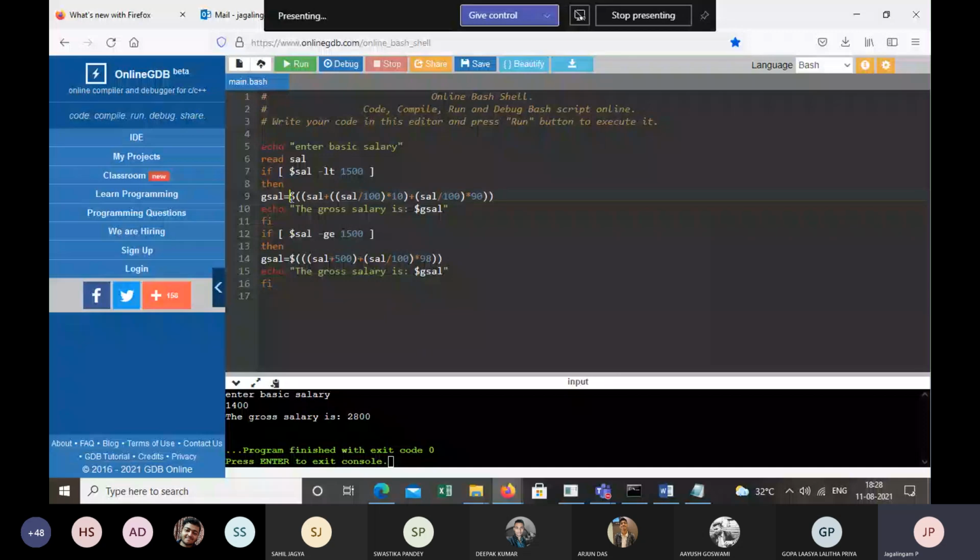Therefore, line 9 will be executed and the gross salary will be printed. Yeah. So you can see that the gross salary is 2,800.